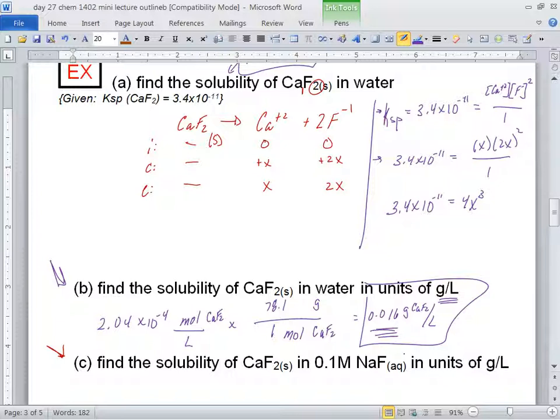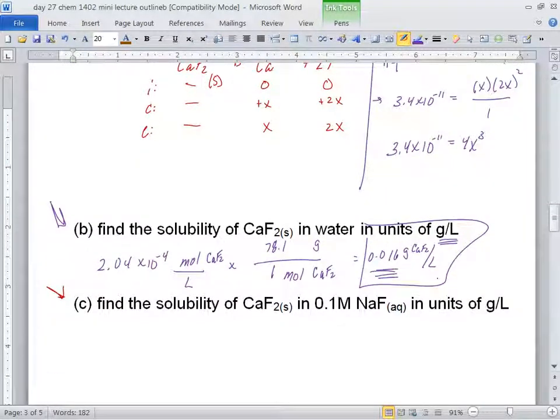So what you got to do is recognize that x is going to be really, really small. If x is really small, multiply it by 2, it's still really small. Add it to 0.1, I get 0.1. So that's going to be 0.1 squared. Don't forget to still square it, though. And don't forget your first x. So it's x times 0.1 squared.